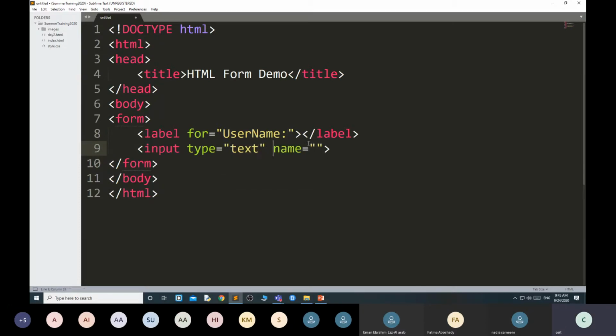What is your input type? In which way do you want the user to input the data. Okay, name you can write uname. ID also you can give uname.